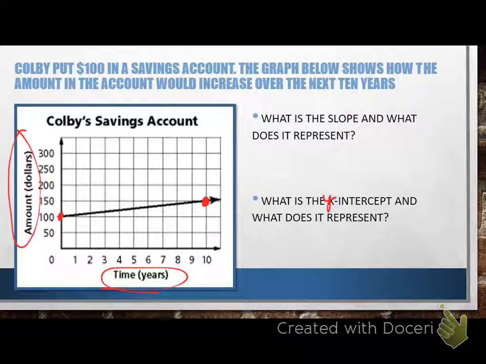All right, so to go from the first point to the second point, that's going to give us our slope. We have to rise 50, and then we have to run 10. So our slope is $50 over 10 years, which we can reduce down to 5 to 1. Now remember how we interpreted the slope. For every denominator, we get a numerator. Denominator's x, x is time in years. So for every year,